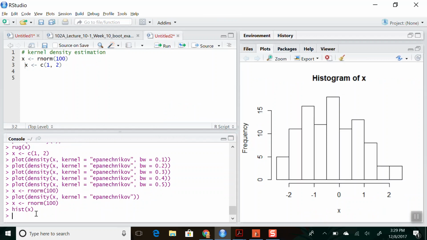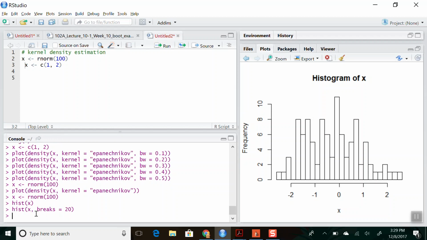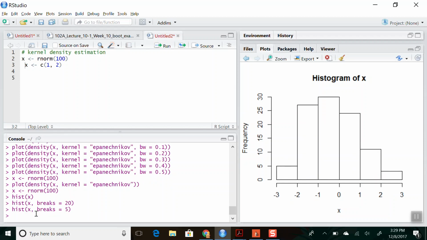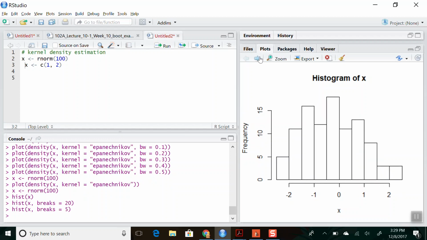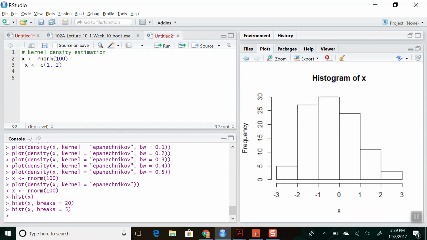And this is our histogram here, and we can modify this, and I can say breaks equals 20 and get more choppy, or I can reduce the number of breaks. These are just what our histogram looks like. And then we might look at this and try to draw out a nice smooth curve. But